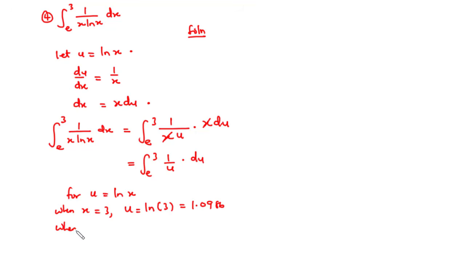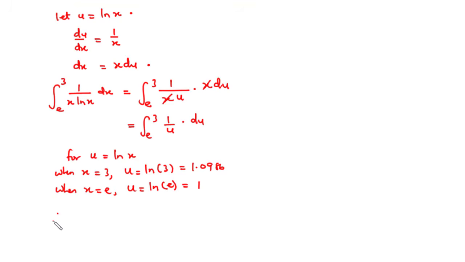And then when x is equal to e, we have u to be equal to ln of e, and that is equal to 1. Therefore, we have the integral to be equal to, now from 1 to 1.0986 of 1 over u